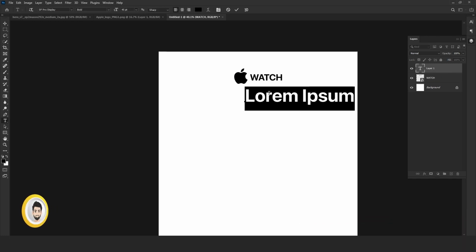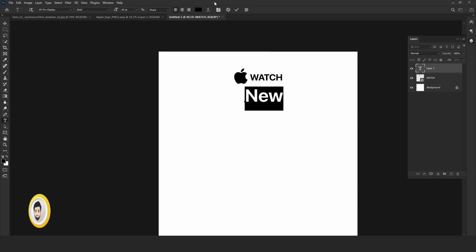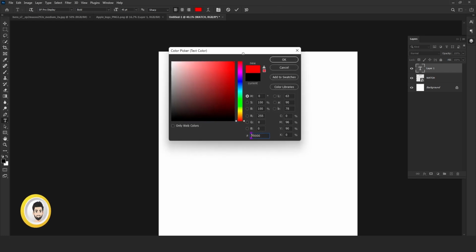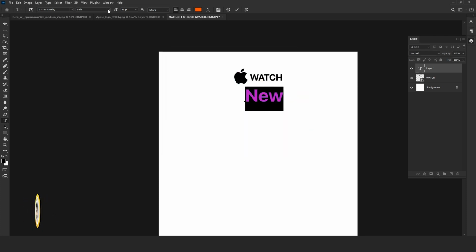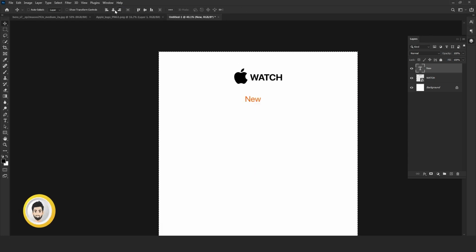Now typing the new, that is new product, change the color to orange and change the font style to regular. Also decrease the font size. Select all the document and align center.